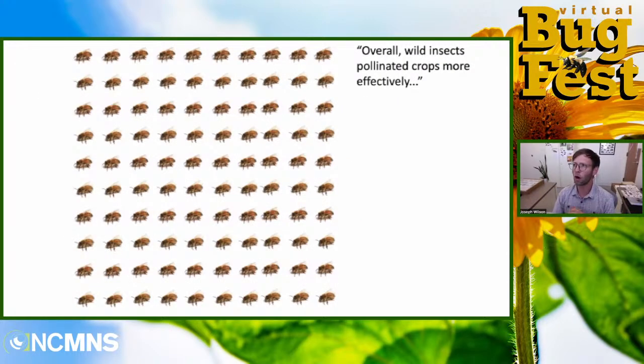Again, the quote says, overall wild insects pollinated crops more effectively. This is 100 honeybees. Researchers have shown that you need about 100 honeybees to pollinate. Actually, it's not even that. The job that 100 honeybees can do in an apple orchard can be done by 2 mason bees. So yes, some wild bees, not only are they pollinators, but sometimes they are more effective pollinators. And the effectiveness of the pollination services between wild bees and honeybees, there's lots of complicated factors that can lead to this.